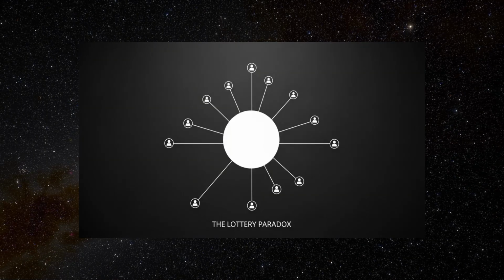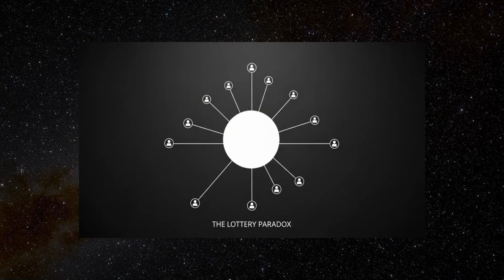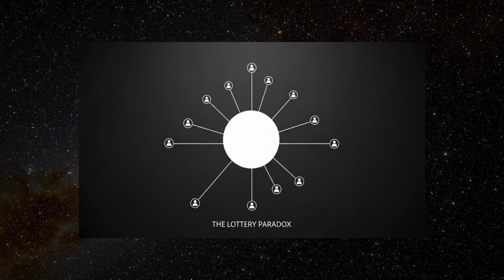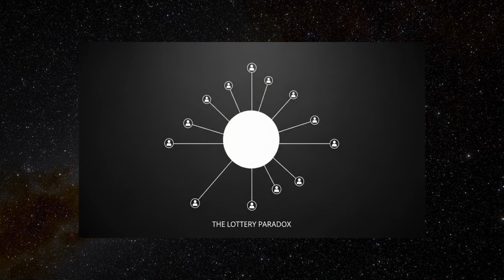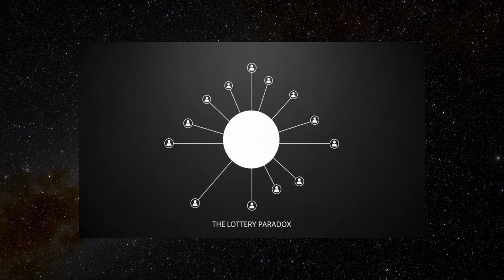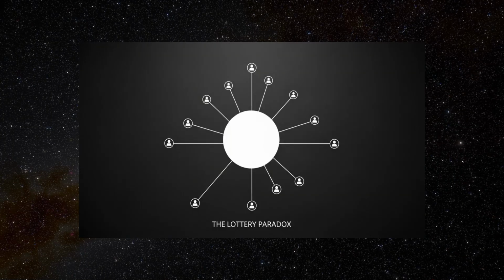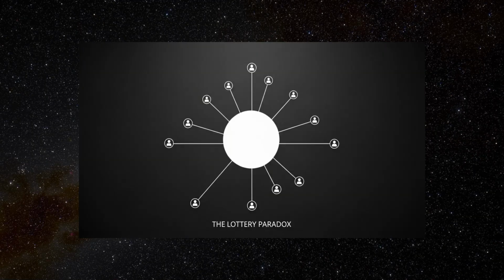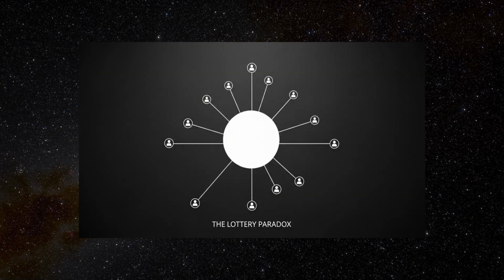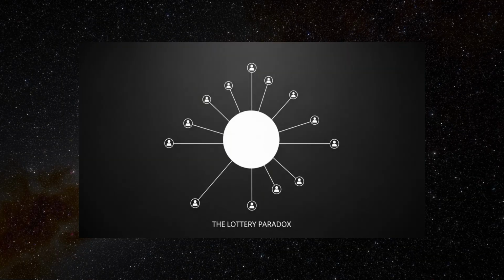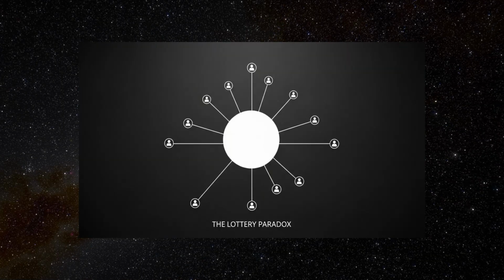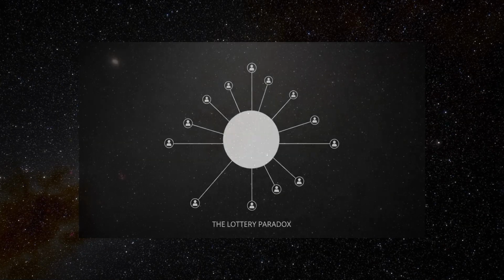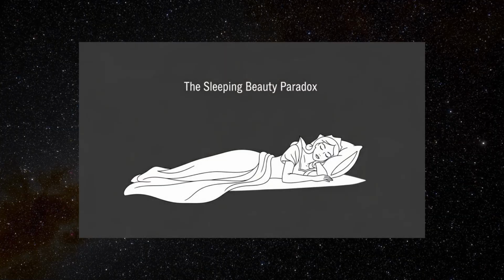The lottery paradox is more than a quirky puzzle. It has deep implications for how we think about knowledge, probability, and rational behavior. It is especially relevant in fields like decision theory, artificial intelligence, legal reasoning, and statistics, where people and systems must often make judgments under uncertainty. The paradox reminds us that even highly reasonable beliefs can lead to irrational conclusions if we're not careful about how those beliefs fit together. The Sleeping Beauty Paradox.